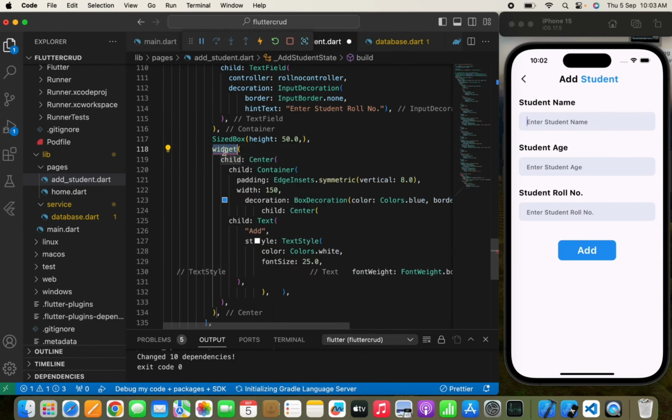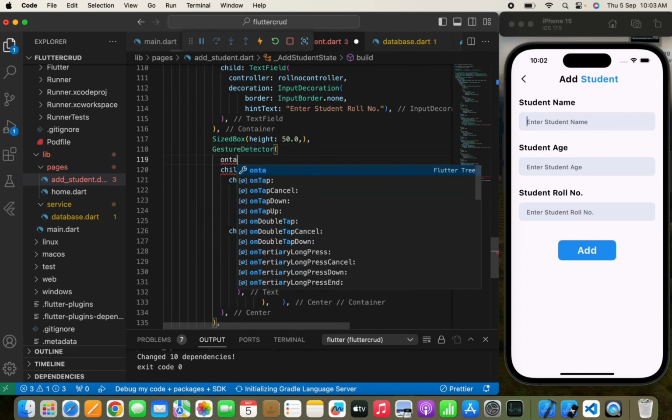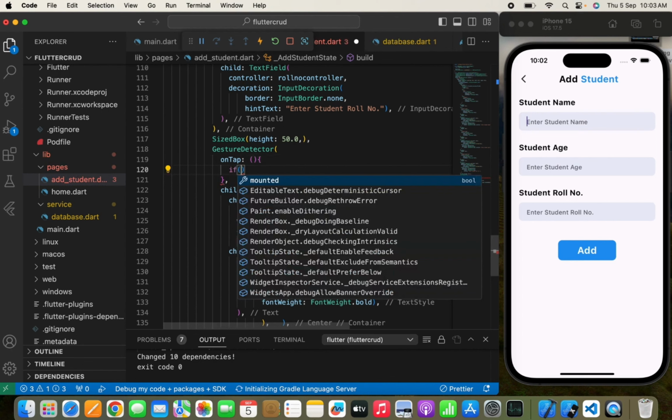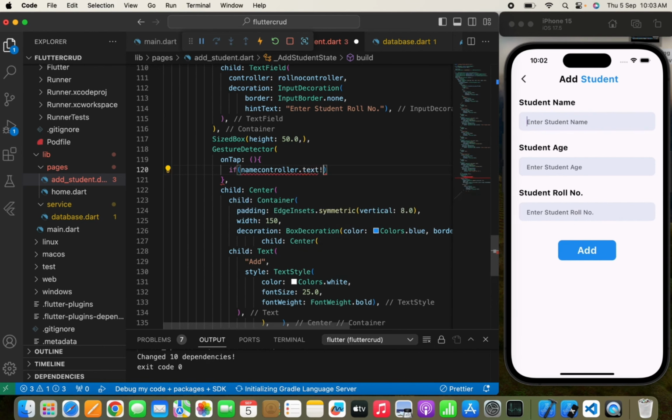We'll wrap it with a GestureDetector, and in the onTap method I will pass an if condition. For example, if the teacher has entered the student name and age, but forgot to add a roll number and directly clicks the add button, it will show a bug when the teacher moves to the home page, saying the roll number is not present for this student, and it will take a lot of time to solve that error. So I will pass an if case to tell them to please fill all the text fields, then click the add button. So we'll write nameController.text should not be equal to an empty string,